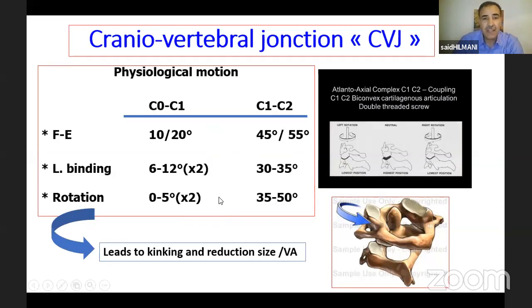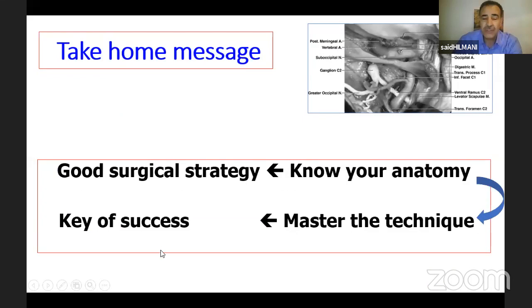moving flexion, especially, and lateral bending, leads to kinking and reducing the size of the vertebral artery. And this is very important to keep in mind, especially in elderly patients. So finally, if I have a message to give to our young surgeons, it is to learn carefully